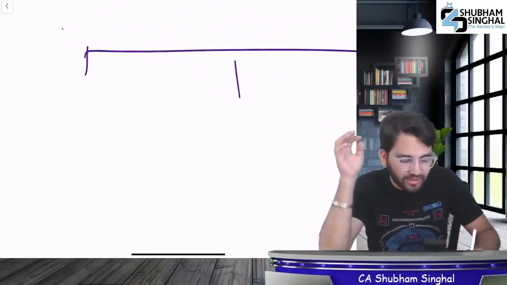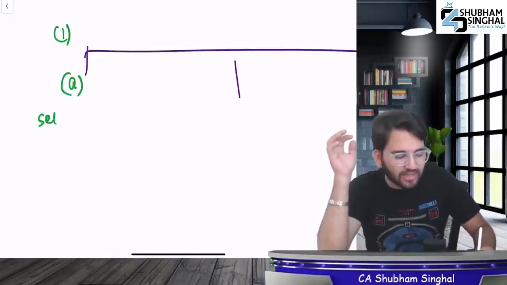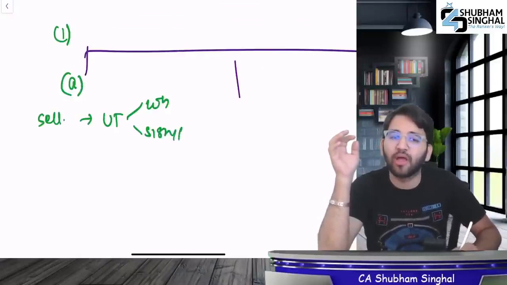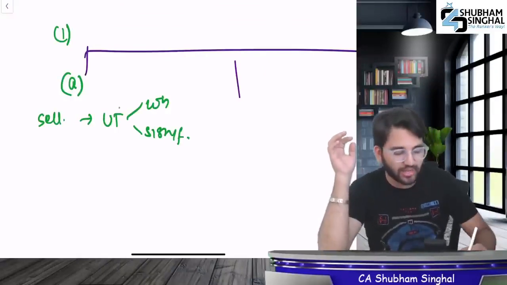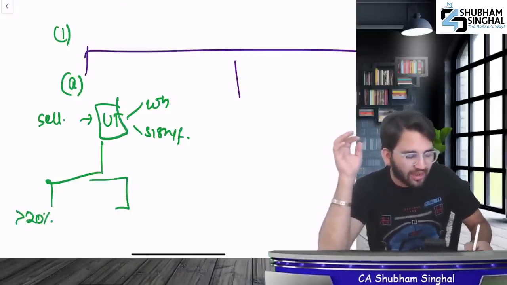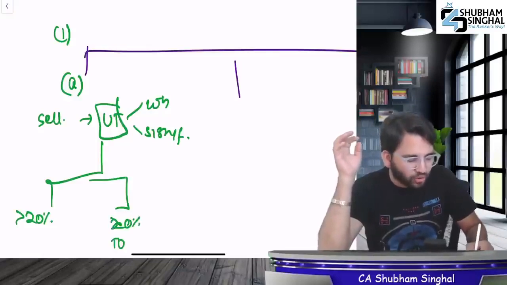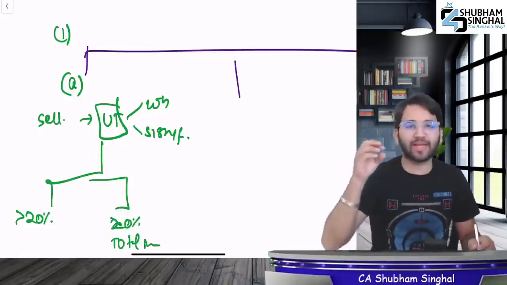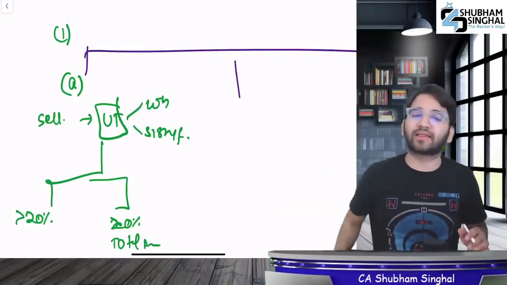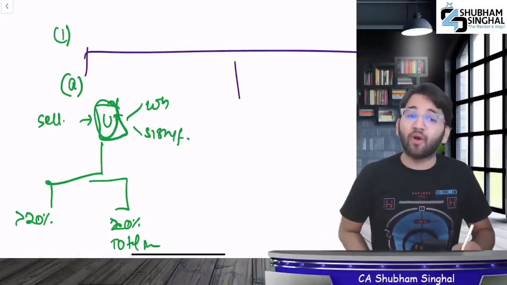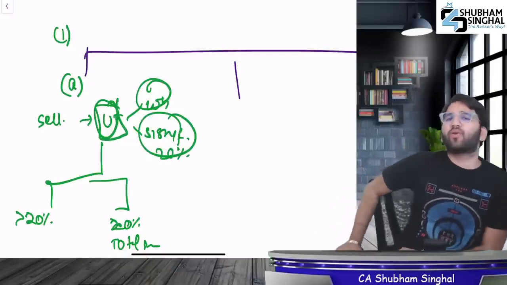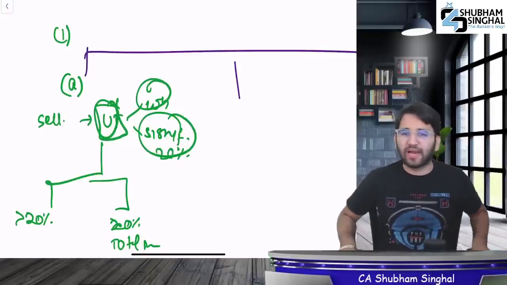Focus. The first one is clause A of subsection 1. If you want to sell, lease, or dispose of any undertaking, wholly or substantially the whole. Here, an undertaking means something where you have invested 20% or more. Investing more than 20% means over 20% of total income comes from that, or over 20% of net worth is invested in it. So this will be an undertaking. Are you selling this undertaking completely or substantially? Substantially means 20%. The law says that you have to pass a special resolution and get approval.